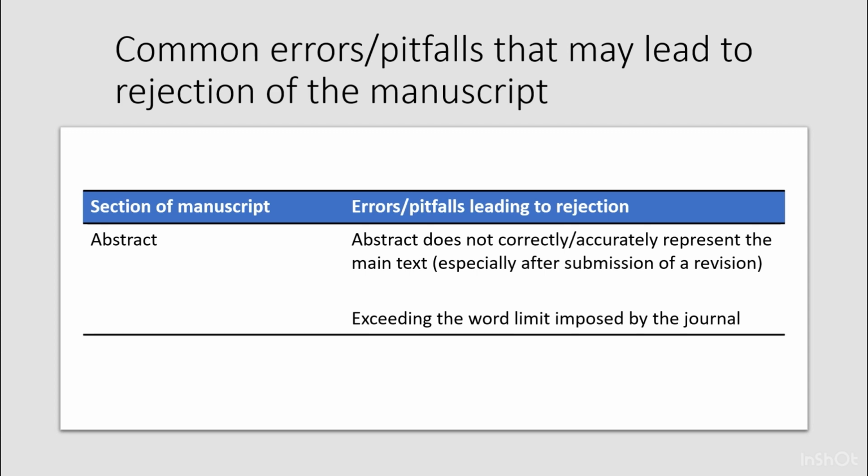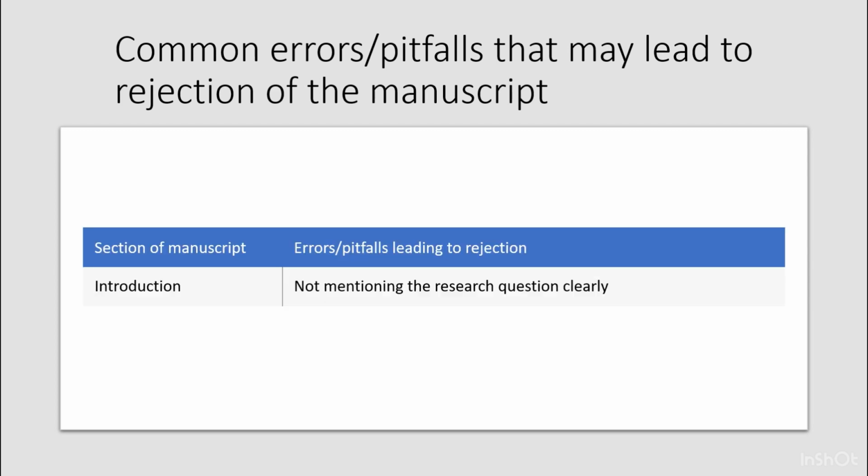Now, moving to the introduction section, I think not mentioning the research question clearly is a critical error that can lead to the rejection of any manuscript, especially in the context of academic publishing. Now, when submitting a research paper, article, or scholarly manuscript, it's essential to articulate the research question or objectives clearly and effectively. Failing to do so can result